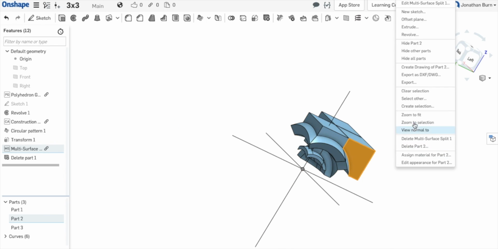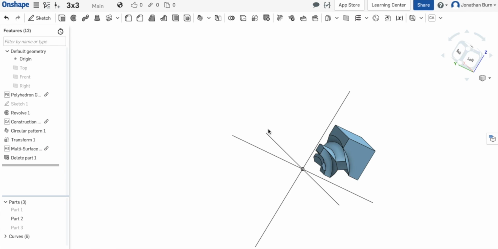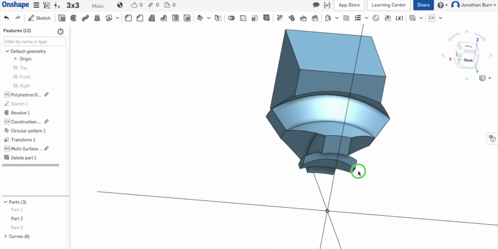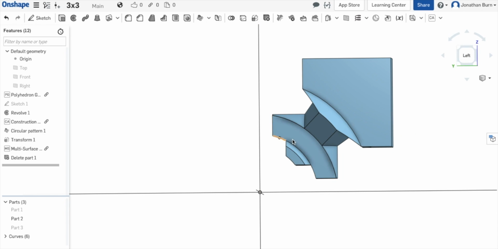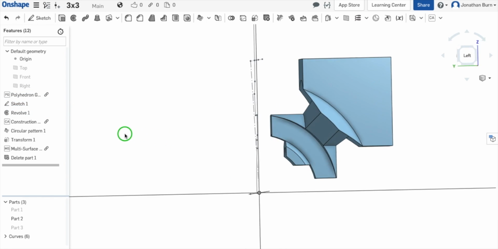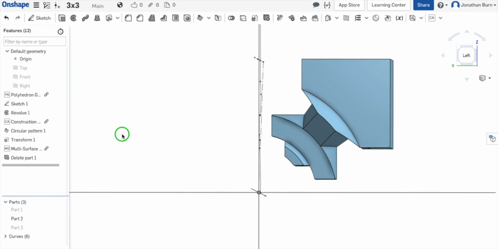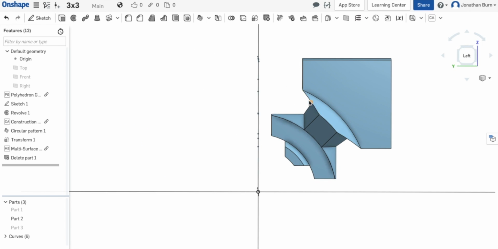Let's just look at this piece. Hide other parts. I right-clicked on the face, by the way. And you see there's a nice little torpedo there. So yeah, the torpedo is also just looking at the side of an edge, how it looks, and I just drag that line down. Let me unhide the sketch. If you look at the sketch there, this looks very similar to the original sketch. You see all those different lines, like there's that line, and then that line, and then that line, and then it comes over here. Anyhow,